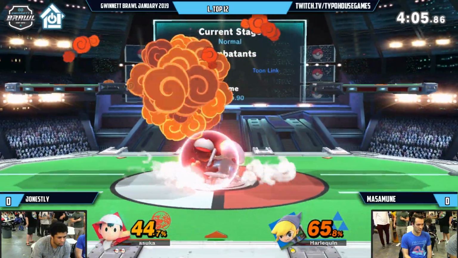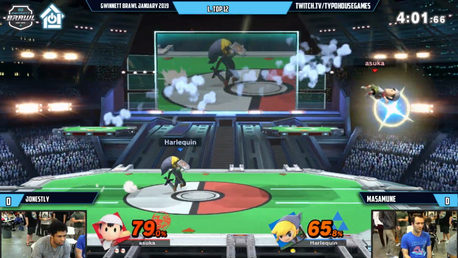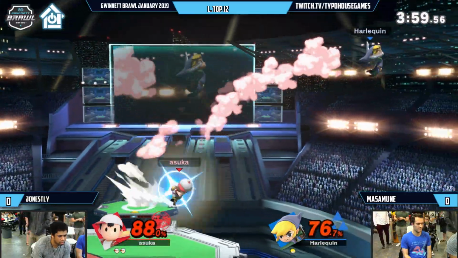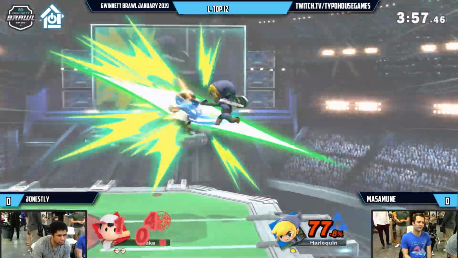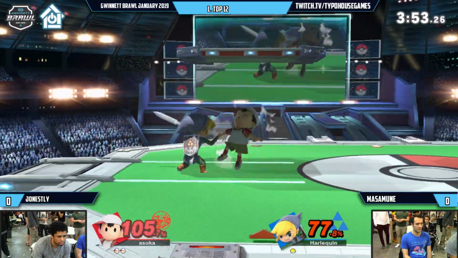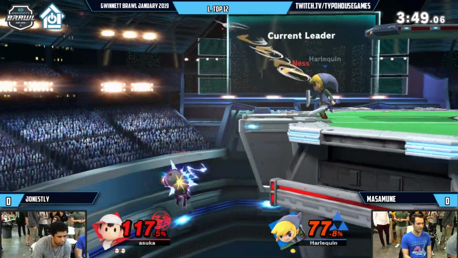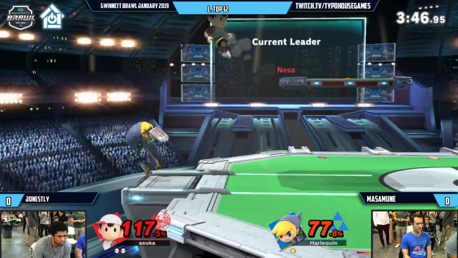I don't know, he's starting to bring a little something. Covering both options right there. Not really much Jonestly could have done right there. This is actually starting to look a little doable. Yep. Wait. That's not going to go. The best way to fight Ness is just